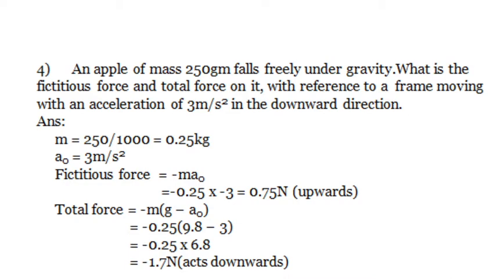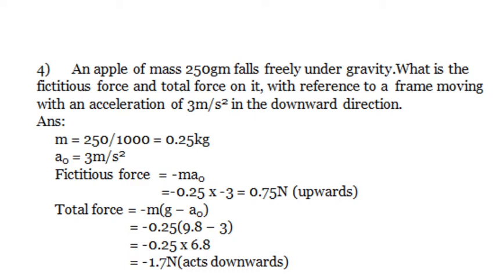In this case, A0 is not taken as minus because when I derived the expression for the force acting in the downward direction, I have already given a minus sign to A0. That is why our final expression becomes minus mg minus A0. Okay, when I derived it, I have already given that minus sign to the A0 in the case of the downward direction. That's why I am not again applying this minus sign to the value of A0.